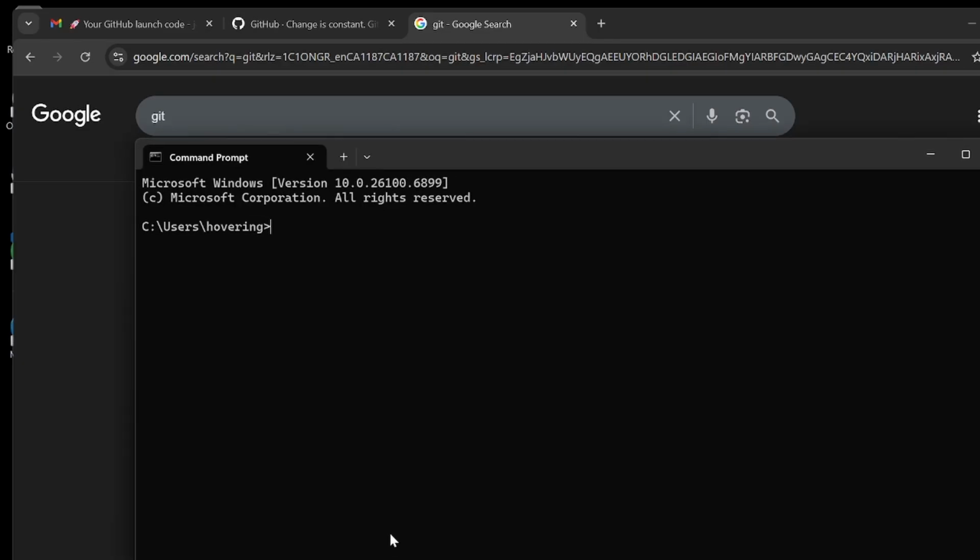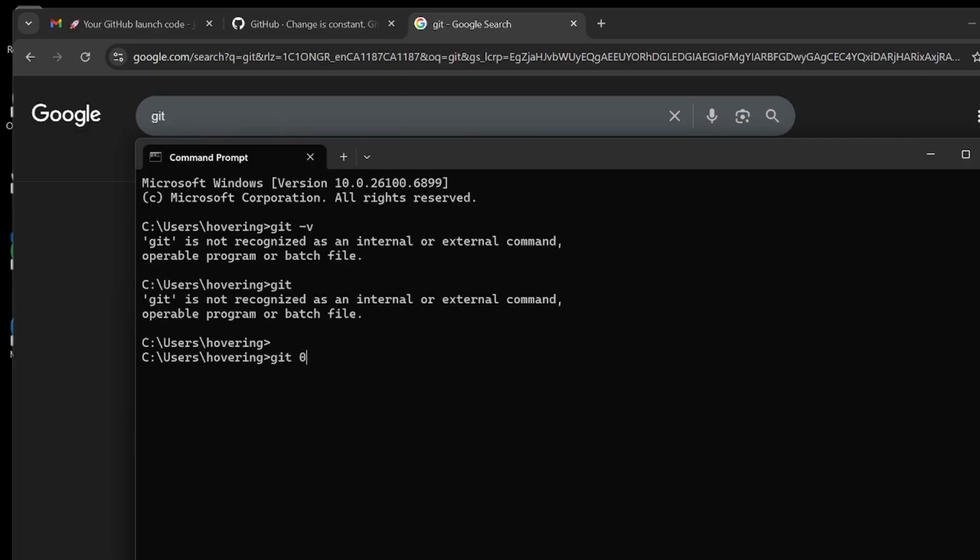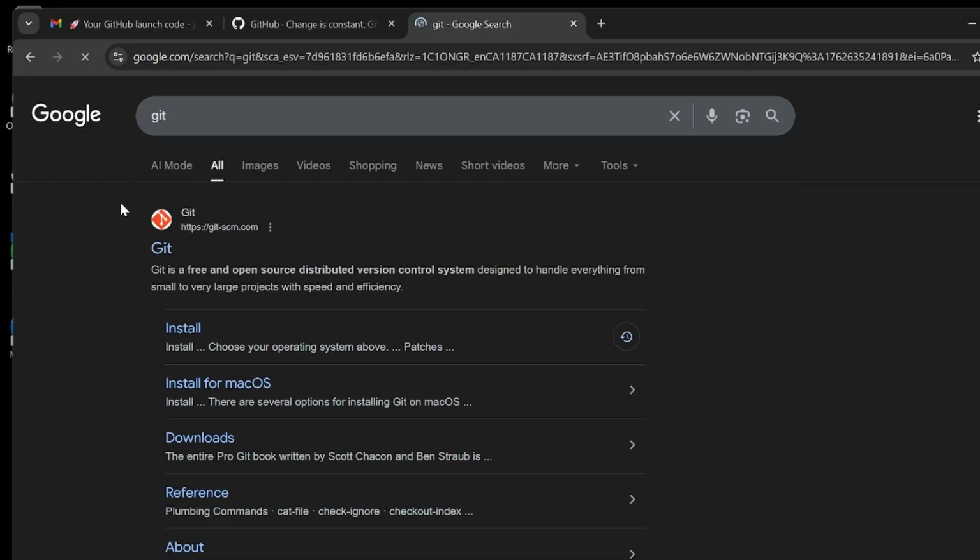Check if you have Git already. Open up a command prompt window and type git space -v. If it says Git's not found, that means you don't have Git. If it says something, that probably means you do have Git, which means you can skip this next step. If you don't have Git, you can go to